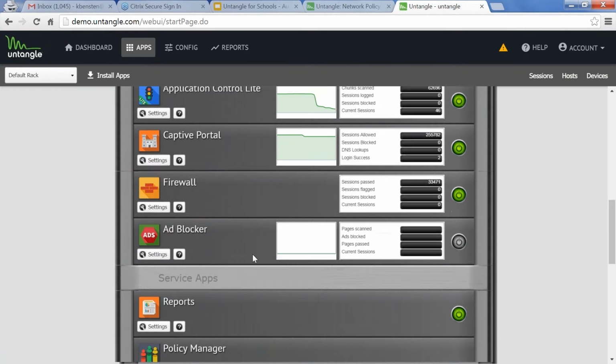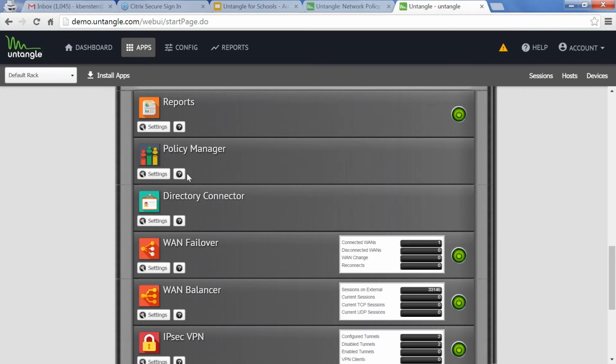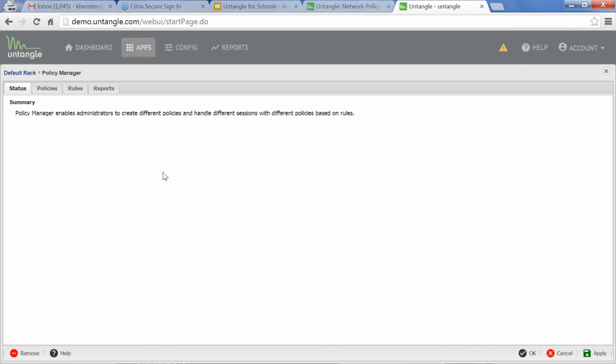So let's see, a couple other areas I wanted to focus on because it might benefit you. Let's look at Policy Manager. As an IT administrator, you've got hundreds to thousands of students, possibly staff members, janitorial staff. You've got Wi-Fi guests who are coming on because you've got an event. Maybe you've got a school play or drama event, or maybe a sporting event, and you open up Wi-Fi access to those. Policy Manager allows you to set channels within Untangle, and by channels I mean sets of rules or sets of policies per group or per user.